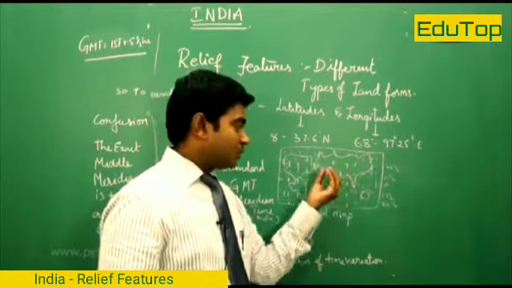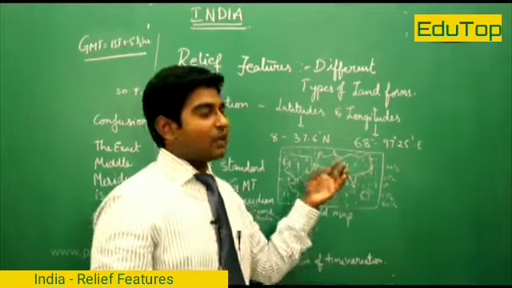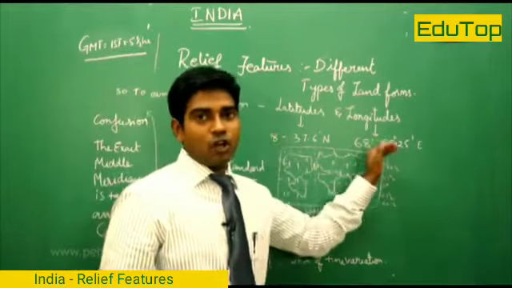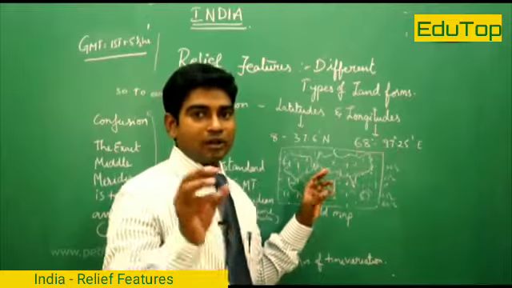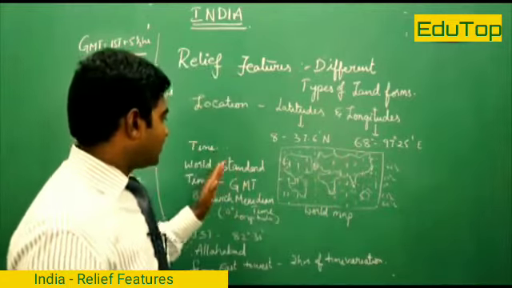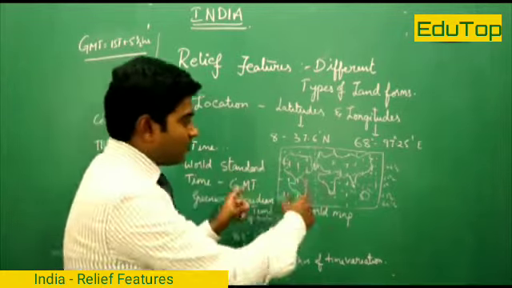Now let us come to the time zone. How can we determine the time of a nation like India? So coming to the time zone of India, basing on the latitudes and longitudes, we can get a clear idea of the location or time zone of any particular country. Let's come to India, the standard time zone of the world. Let us see the entire world map.